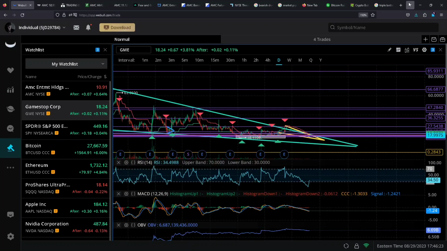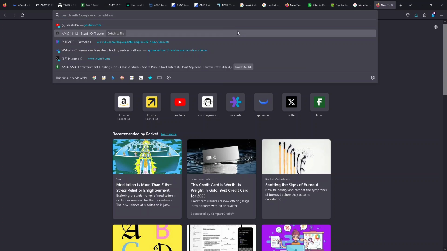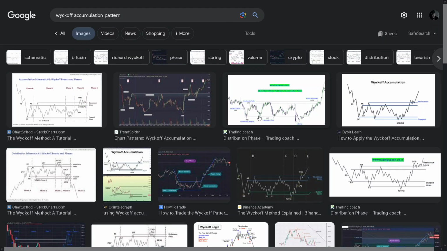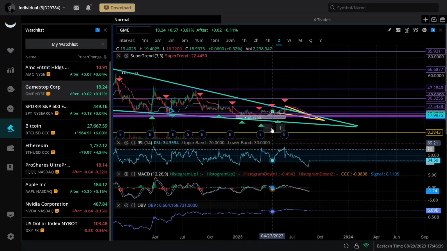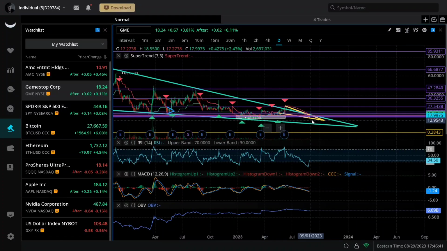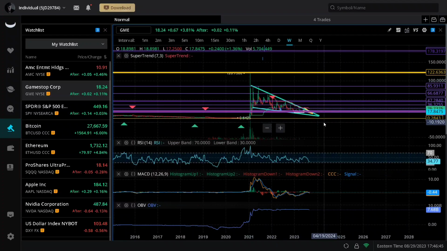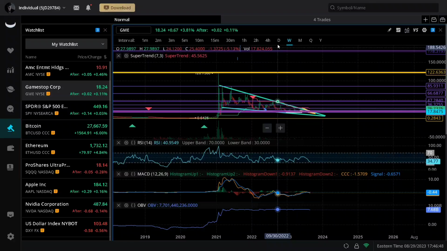Also, if you look at Wyckoff accumulation, you can see that the Wyckoff accumulation pattern is playing out as well. I do think GME is actually getting its spring off of these levels. You drop down once, 2, 3 times. Your third time is your spring, which gives you a push to the upside. It also has a macro falling wedge. So again, GME is looking extremely bullish.